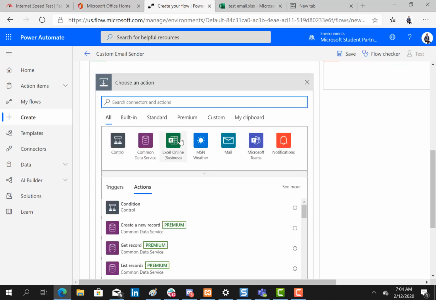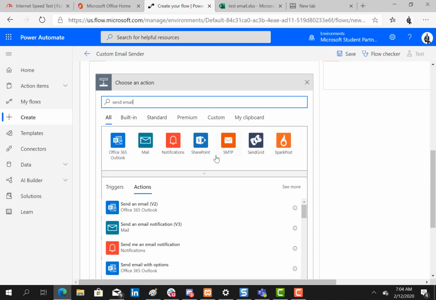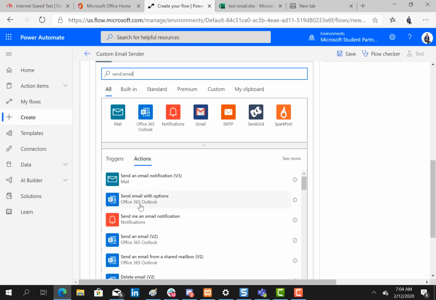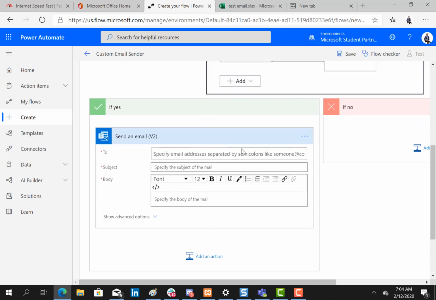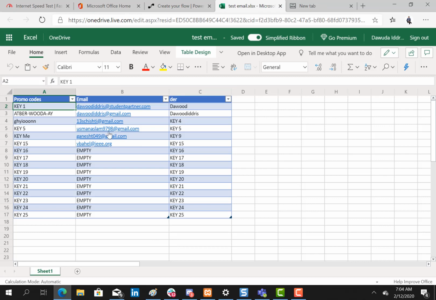So in this case, I'm just going to say send email. Okay. And it's going to give me a list of either Gmail or Outlook. So I'm going to select send an email with Microsoft 365 Outlook. Okay. Yep. And it's going to take a few seconds and then that will be loaded for us. Good. So now I can specify that all the recipients who are on my Excel sheet here should receive